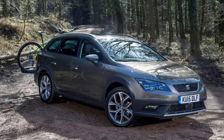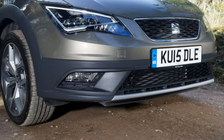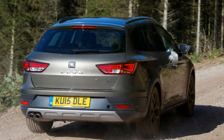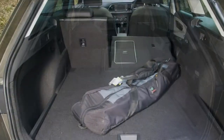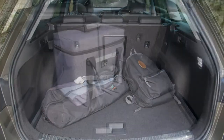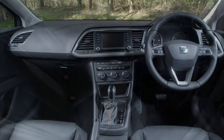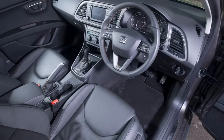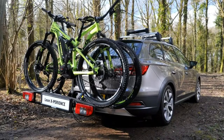If you're expecting a massive and varied selection of trim levels and options with the SEAT Leon X-PERIENCE, then you're going to be sorely disappointed. You'll find just 2 trim levels to choose between, Technology and Luxe. Standard SEAT Leon X-PERIENCE equipment. Based on the Leon Estate, the X-PERIENCE sits 28 mm higher than the car, due to extended suspension springs and larger tires. Chunky plastic bumper and wheel arch extensions and aluminum-look scuff plates at the front and rear